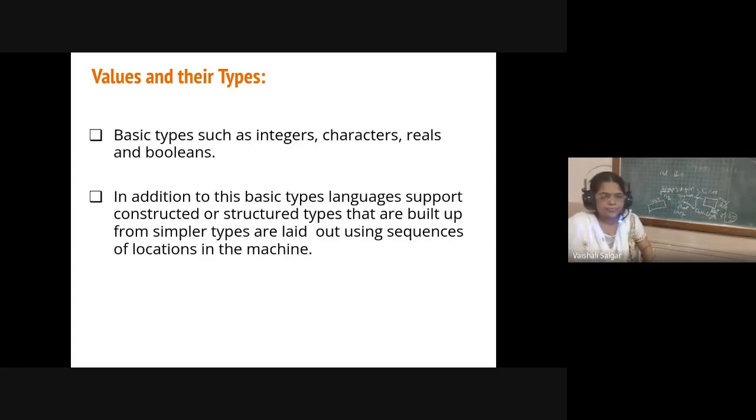All languages are going to allow us to support the constructed types, as I gave you an example of the student database for the structural type, which are built up from these basic or simpler data types by using a sequence of locations in the memory.